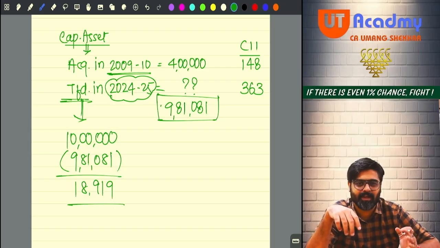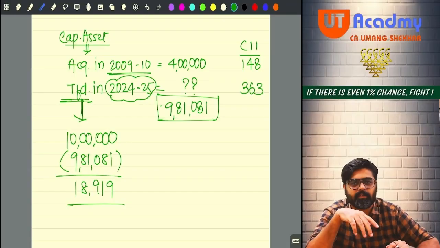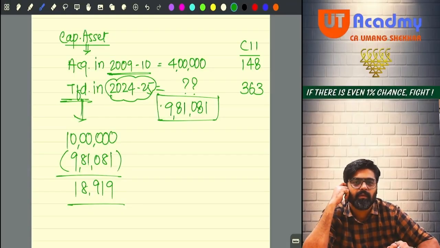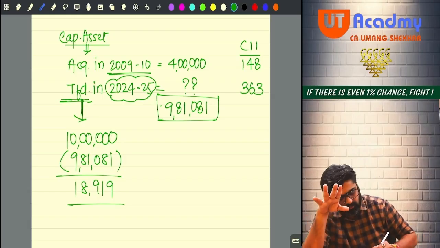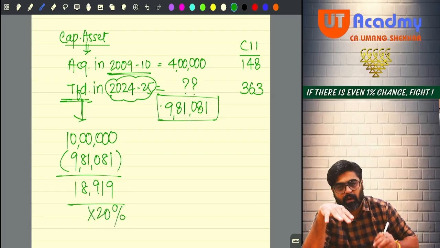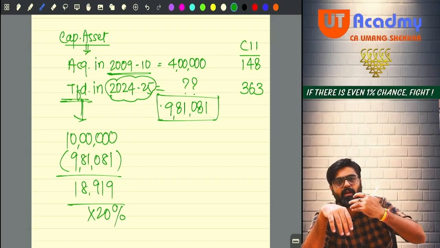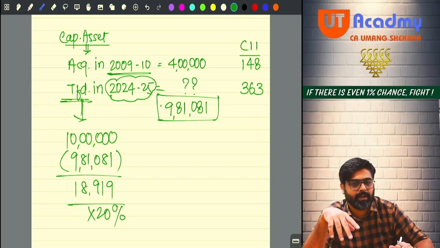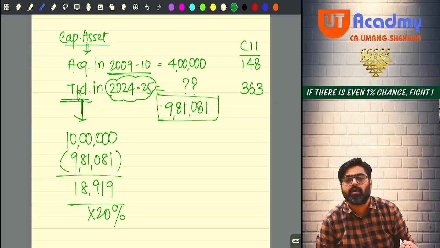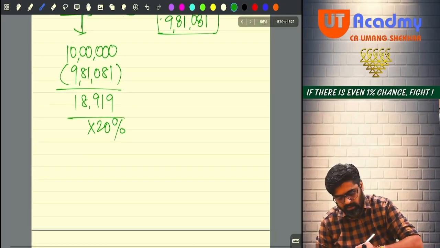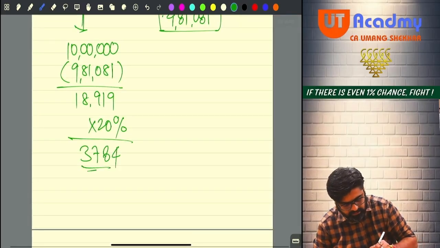But if you transfer the asset on or after 23rd July 24, now there will be no indexation, and what will happen? Whatever cost you incurred, that cost you reduce. Now just imagine, on this if 20% was applied, after taking indexation, your whatever capital gain was there, on that long-term capital gain, the rate of tax was 20%. So your tax would have been 3784. 3784 only. The tax would have been only 3784. Are you all getting this tax?